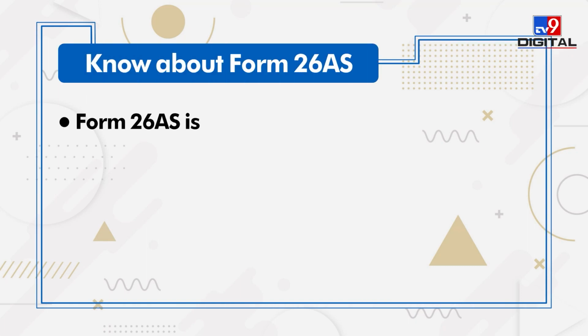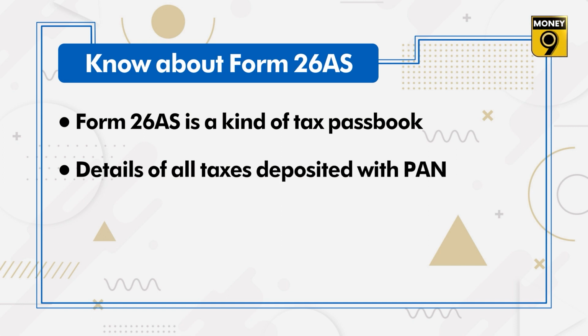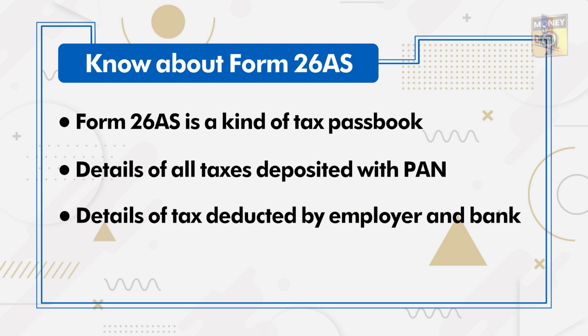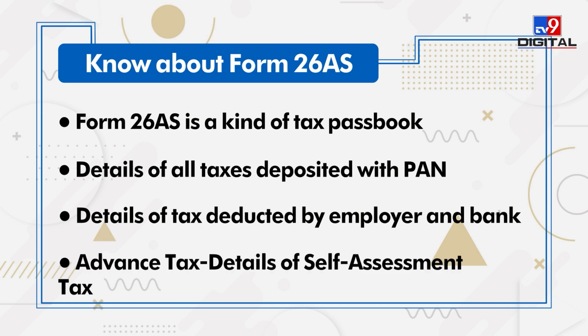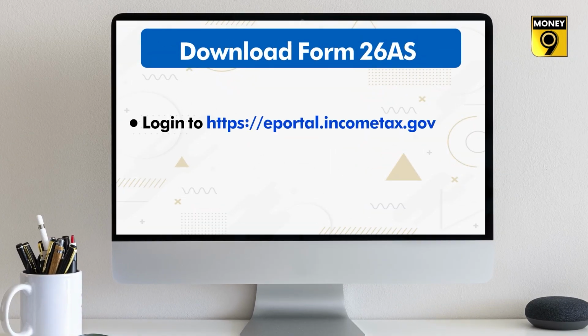Form 26 AS is a kind of tax passbook. It contains information about all the taxes deposited with PAN. Along with the tax deducted by the employer and the bank, the information about advance tax and self-assessment tax is also there. You can download Form 26 AS from the Income Tax Department's e-filing portal